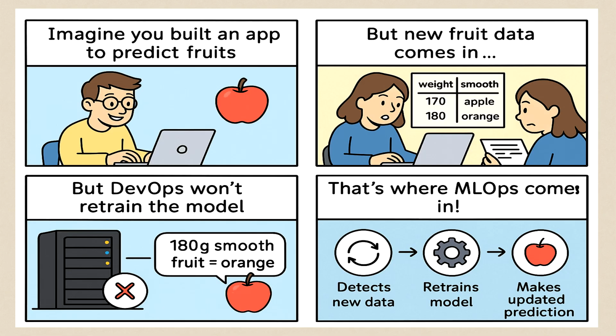So here in the last picture you can see whenever new data enters, the model should be retrained and then make the prediction, and this time it is predicting it as an apple. Now the model has learned from the past data and the prediction is going to be correct. So understood, right? This simple example gives you the complete overview of what DevOps does and